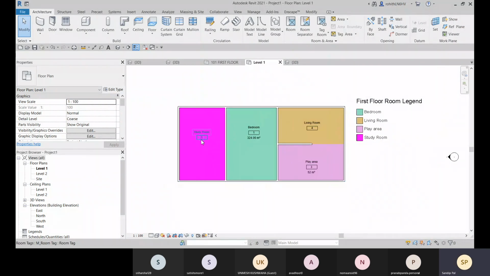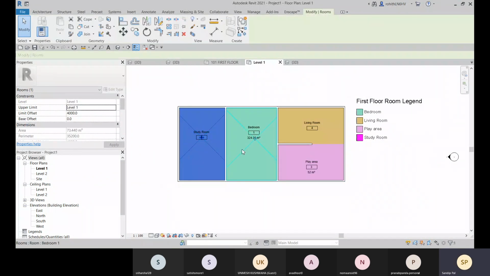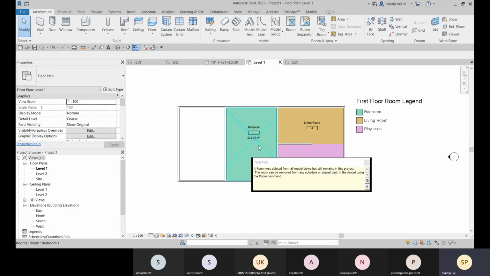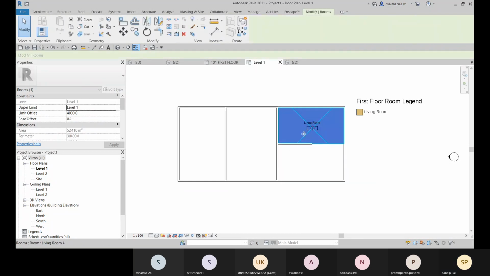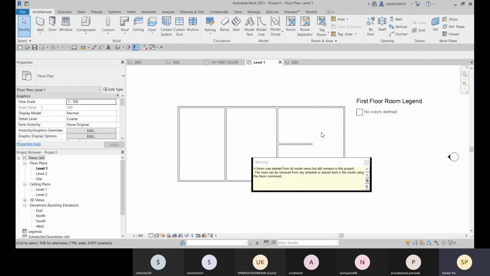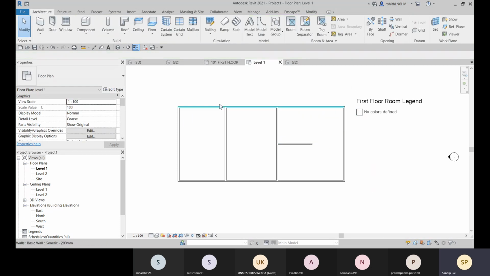No, right? Okay. Now, suppose if you delete anything like this study room, this bedroom, so that will still be in the color scheme. Okay. Select like that, go for delete. And now if you want to add all this, go to this tag room drop down arrow.